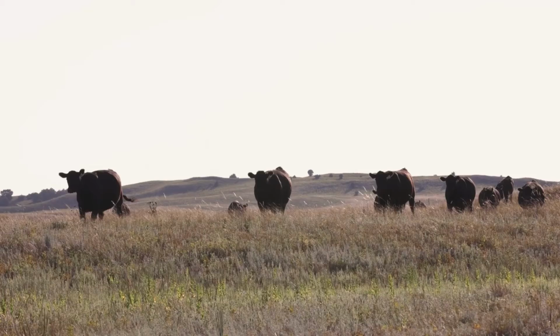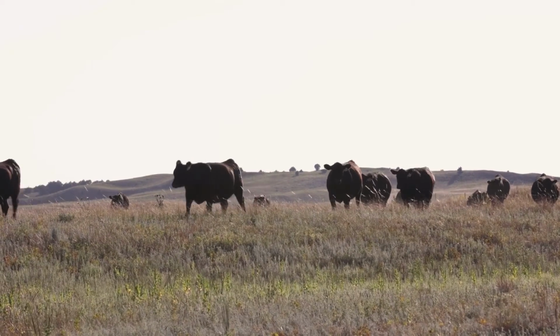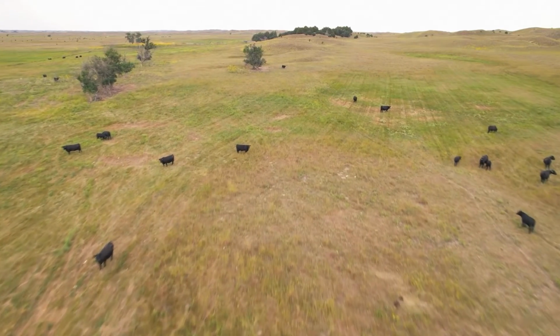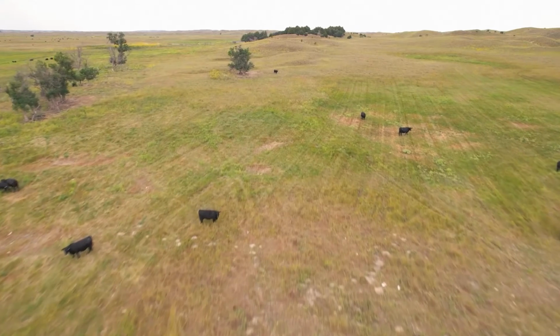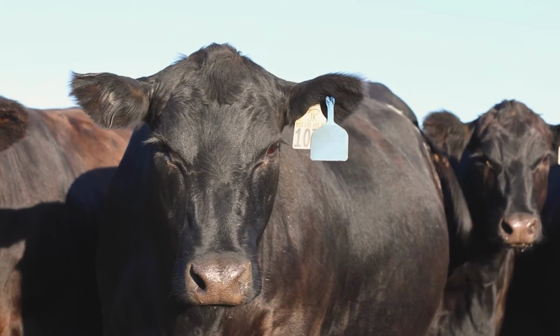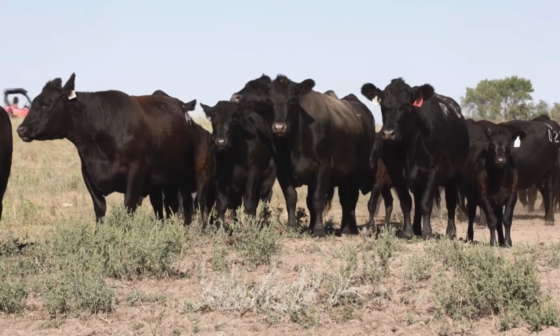This ranch was formerly owned and operated by the Spencer family. It had been in the family since the late 1800s, and I actually worked for Dale Spencer as an intern while I was in college, and I got to know him very well that way, and kind of got to the point a few years later where I ran into a situation at home where I was short some grass,